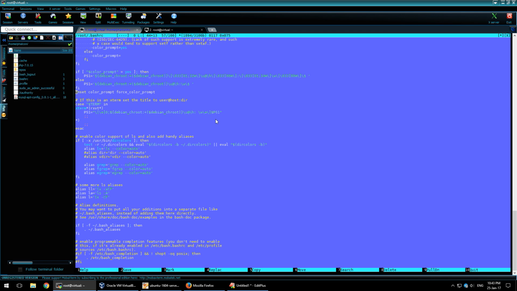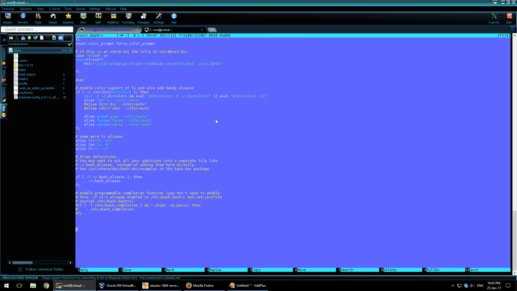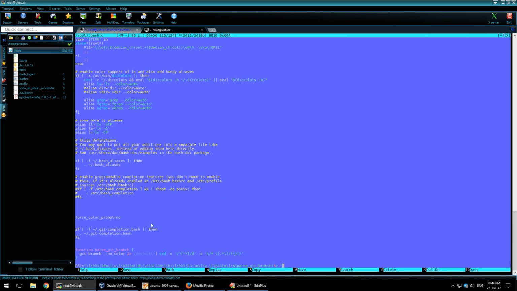Now I'm gonna edit my bashrc file. This file is something like, when you type commands in the terminal, this file is being executed before the command, so you can type different stuff here. Basically, I have mine already prepared. I will paste that in the video description, so you don't have to type it manually. I'm gonna type it at the bottom,